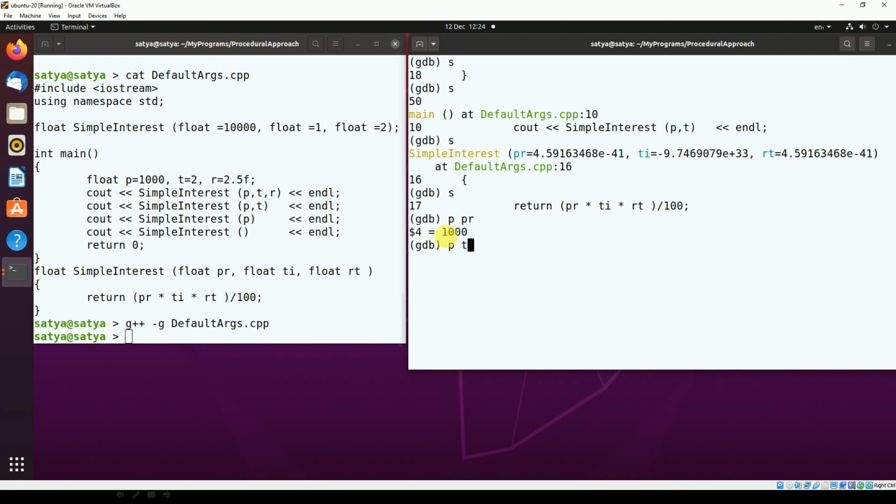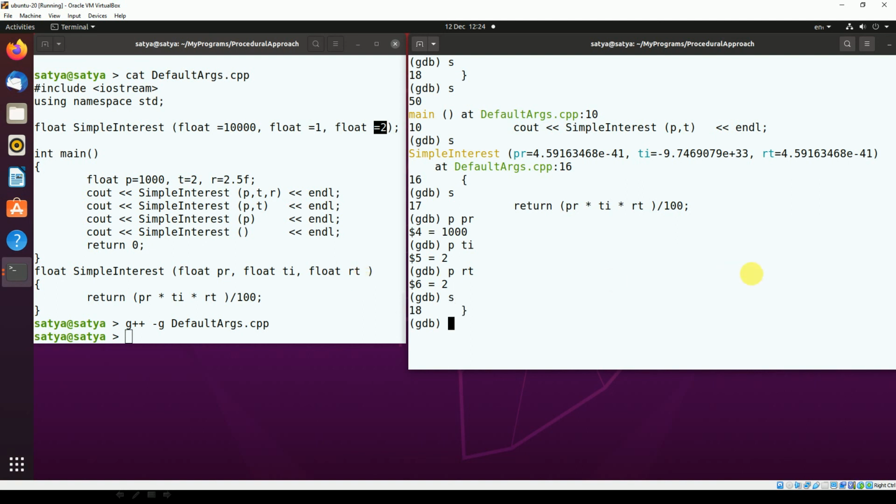And print ti, the time period is 2, the same 2 is there. Now I'm not passing the third argument in this statement. So the compiler will check whether you have defined any default arguments in the function prototype declaration. We have given a default value for the argument, so the compiler will take the same default value. Now if I say print RT, it is taking 2.